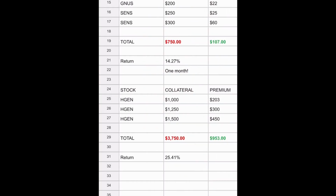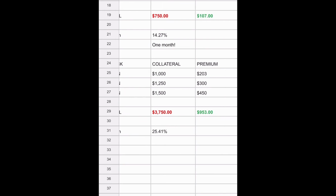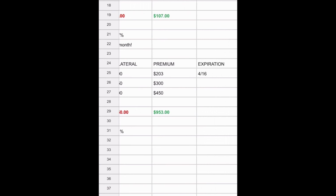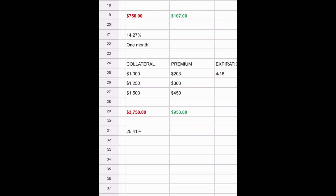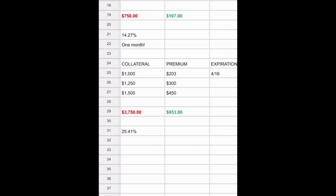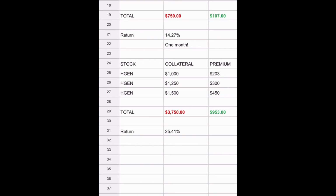So I did create an Excel spreadsheet so we can see it all in one place. We have the ticker on the far left. We have the total collateral. We have the premium and expiration dates. So the total collateral is $3,750. Total premium is $953. So that premium is what we collected up front. So that is a 25.41% return in 1 month. And all I needed to put up was